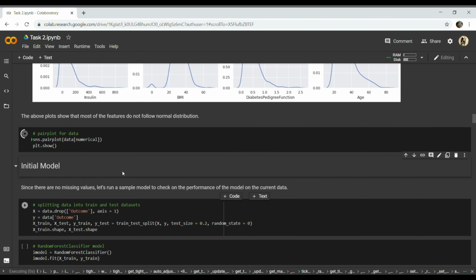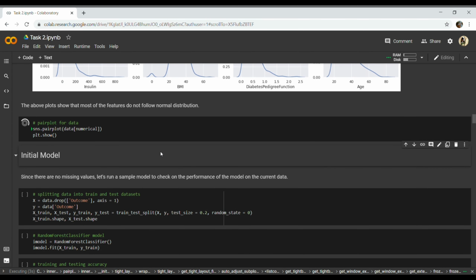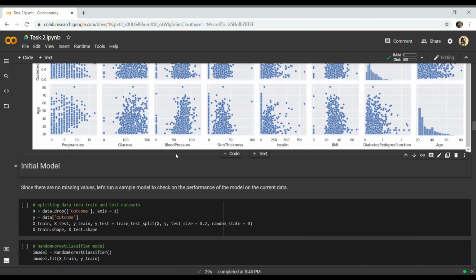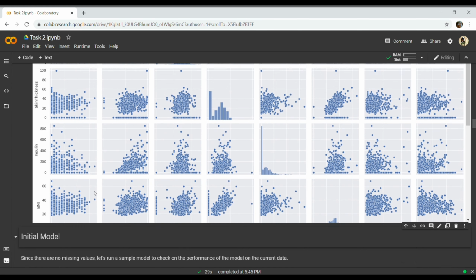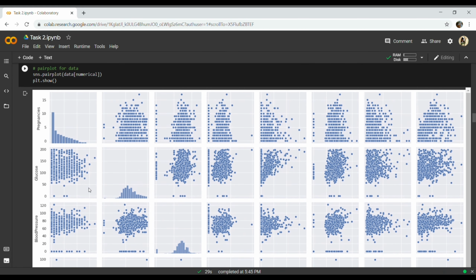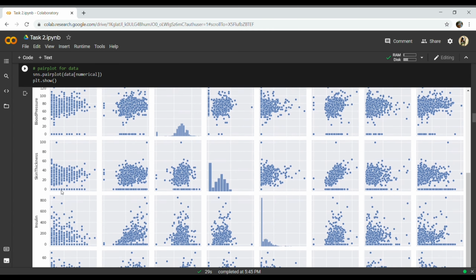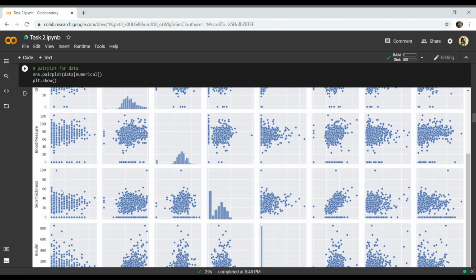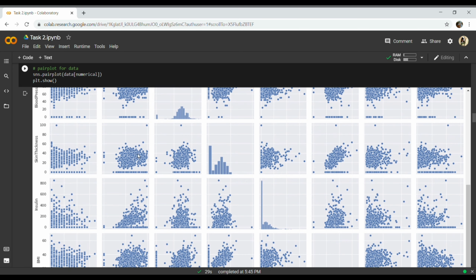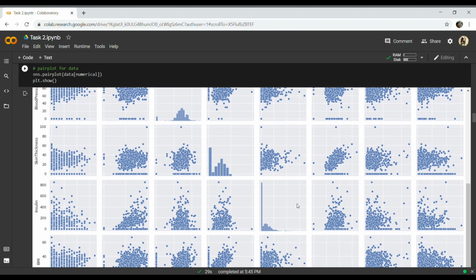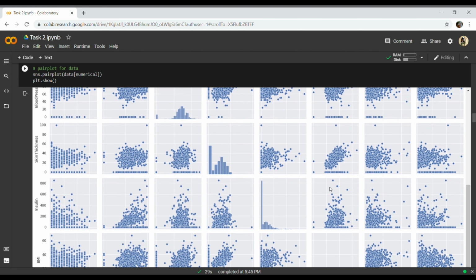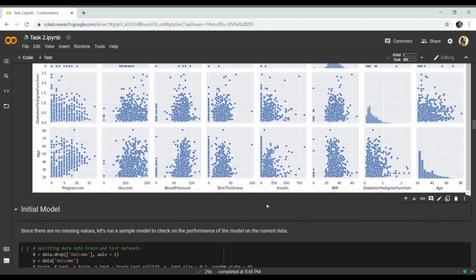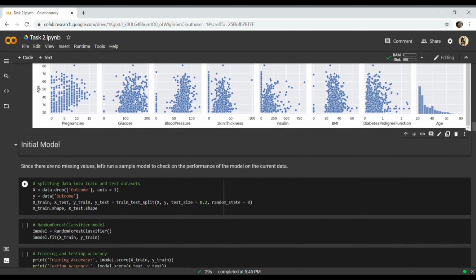This is another correlation feature, the pair plot functionality of Seaborn. A few moments later. Finally, after those few moments, our pair plot is ready. So we can see it's not at all neat. Some lie at the extreme end, some lie at the extreme center, some lie at the top, some lie at the bottom. The correlation is also not working fine.